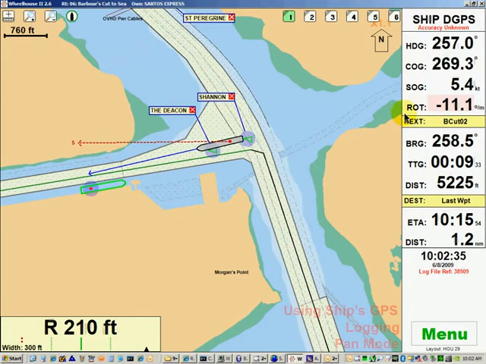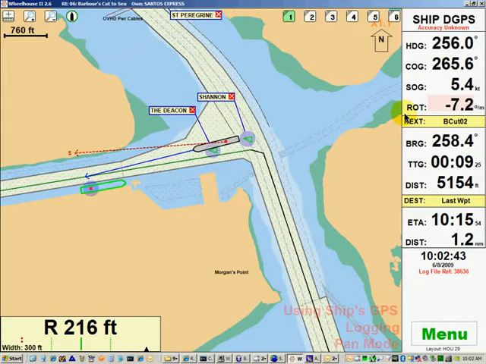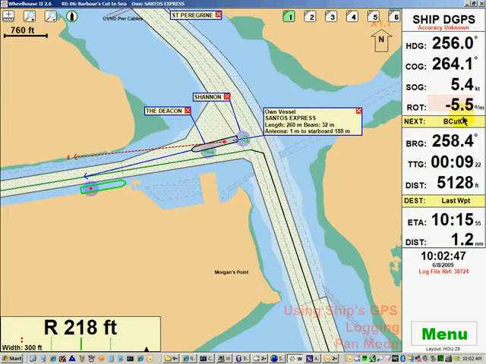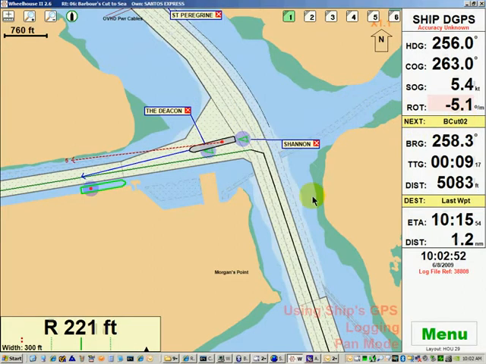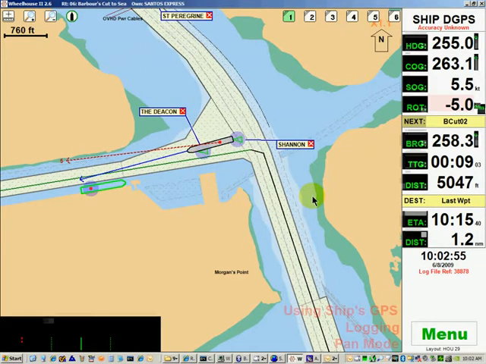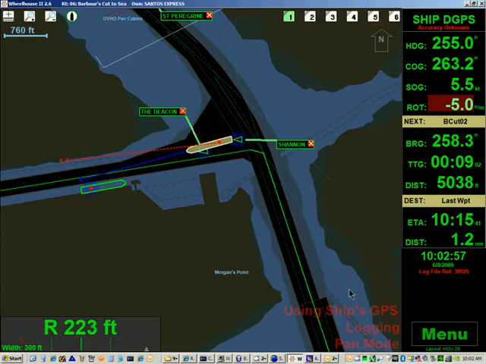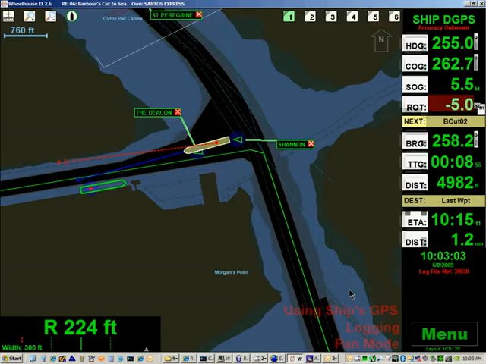Now if it were turning to the starboard side, it would be a green background. Now the vessel is starting to straighten up here, so the rate of turn is declining. And close that vessel tag. If I press B for the night colors, the rate of turn has a red background there. It's a darker red, and so